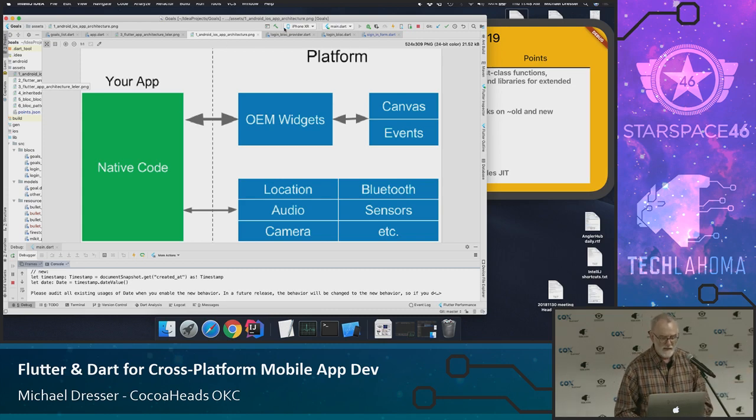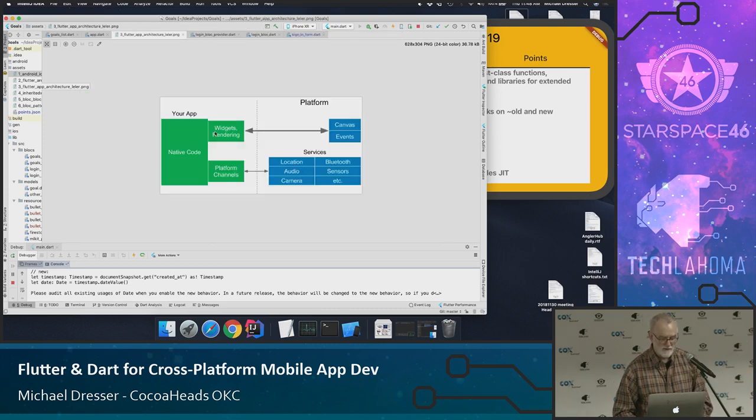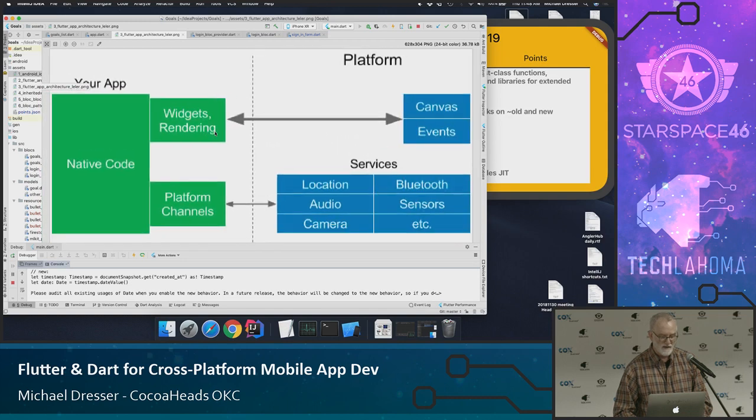All right. With Flutter, it looks like this. That is, the widgets and the rendering are with the native code. And it is native code. By the time you do a release, and I'll probably repeat myself on this, it's actually ahead of time compiled down to ARM binary code. Okay, so it's native.